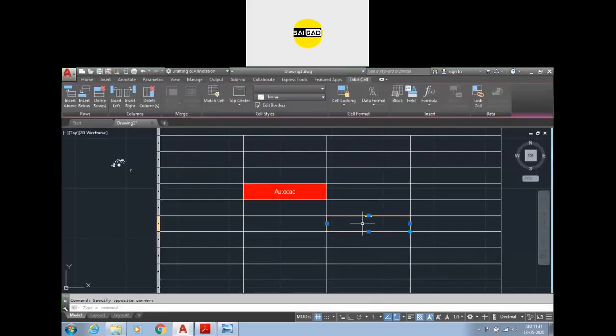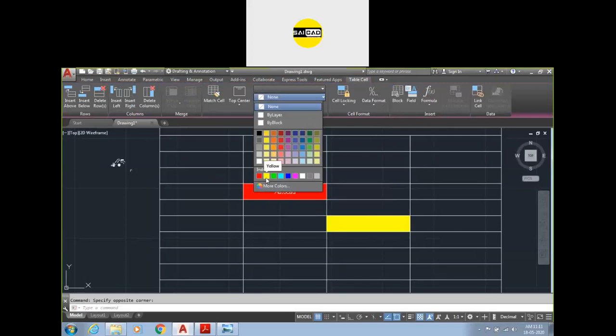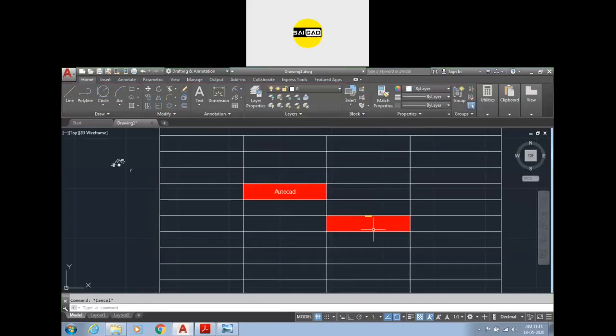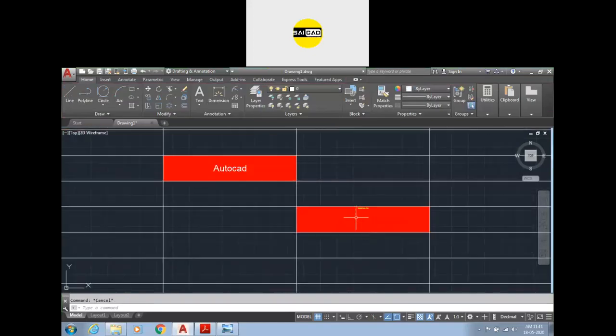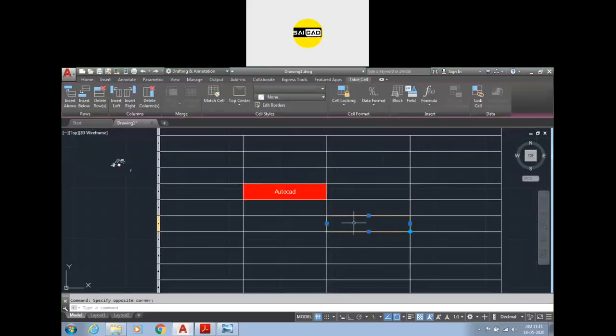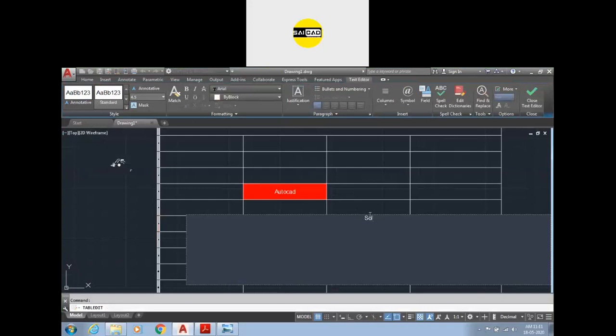The background color will be defined from here. So if you want to change the properties, I'm just going to type the text.